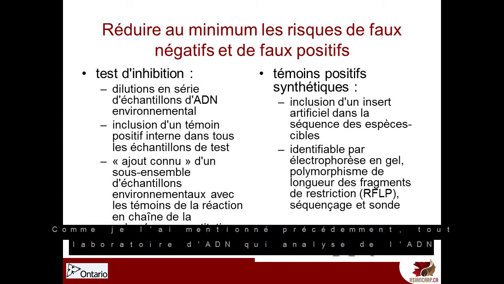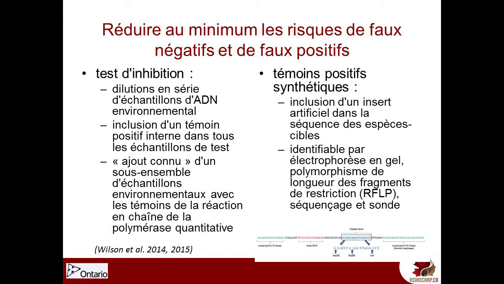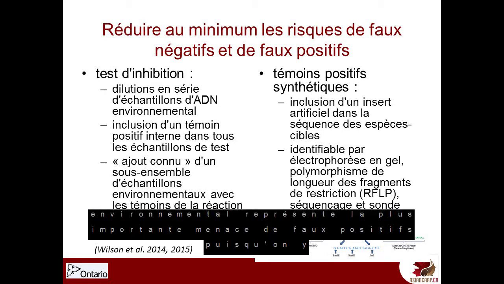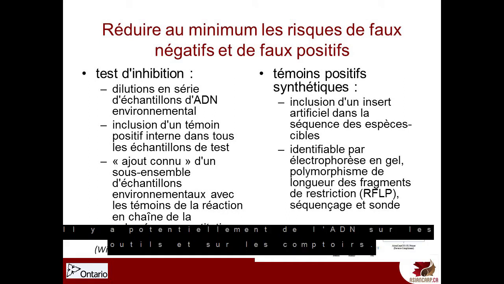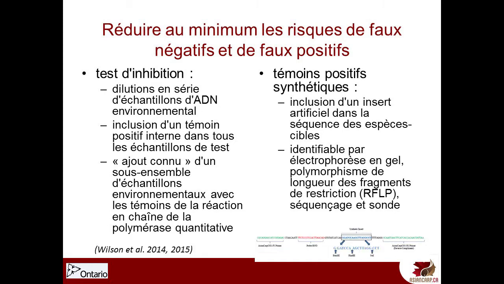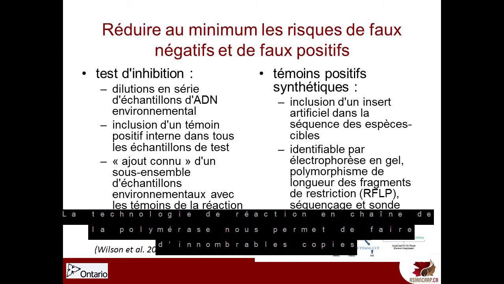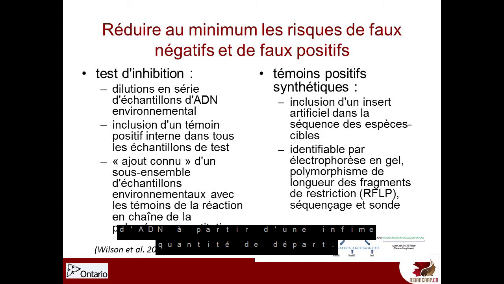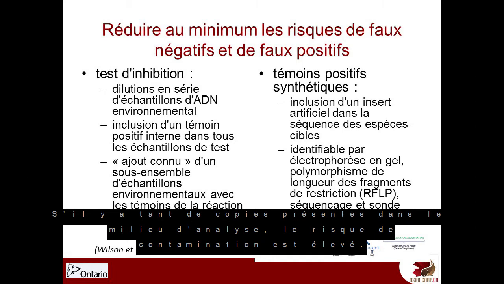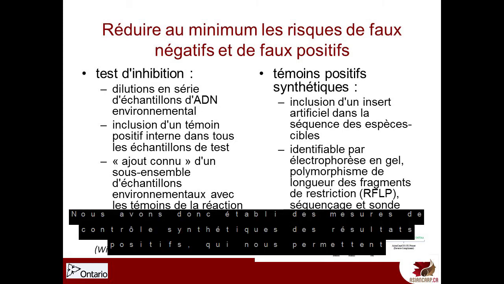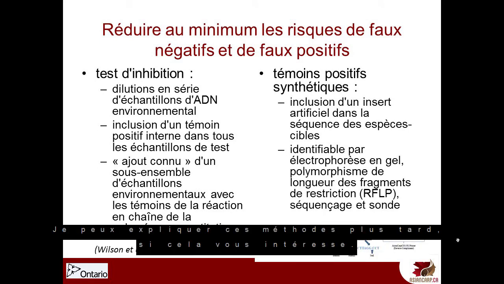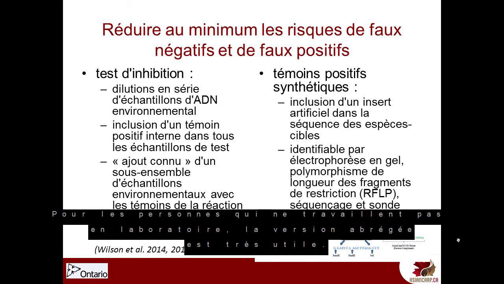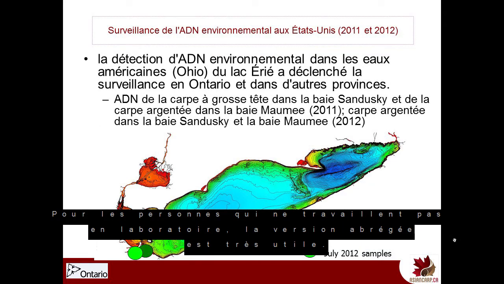As I mentioned earlier, for any DNA lab that does environmental DNA, the lab is the single biggest threat for false positives, because you work with DNA every day. It's going to be in the lab, potentially on your tools, on the counters, and this whole PCR technology allows us to make many, many copies from a very small starting amount. If you have many copies present, that's a huge risk. So we've developed synthetic positive controls that allow us to safeguard against this, and I can explain this to people later if they're interested. For those of you that don't live in the lab, the short version is it works very well.